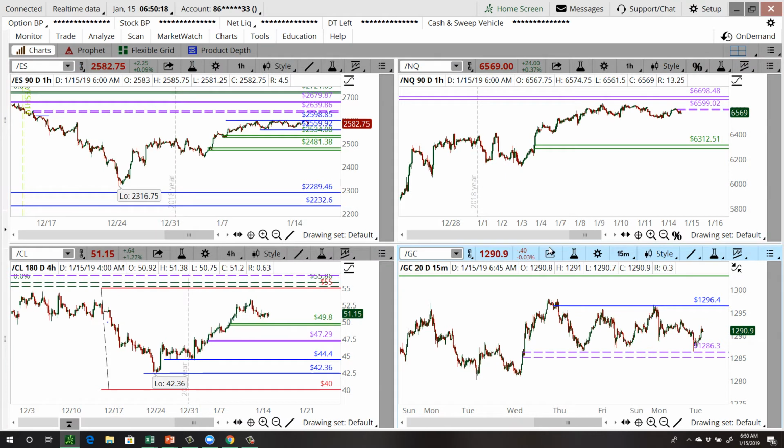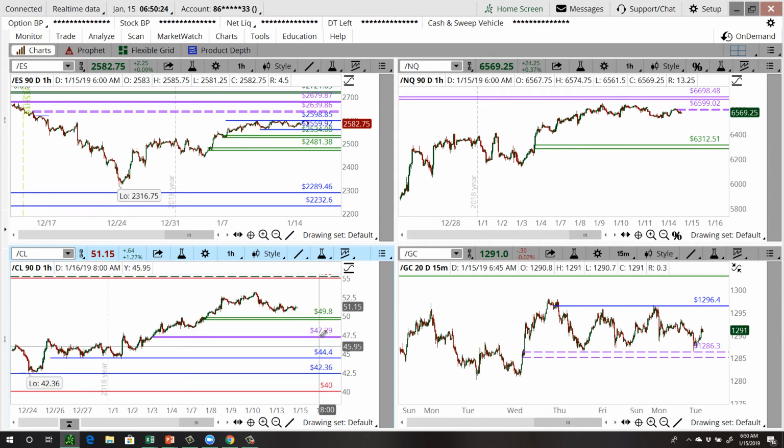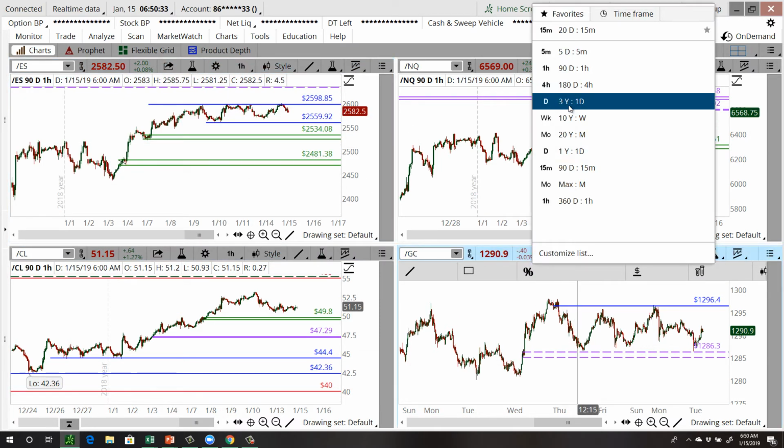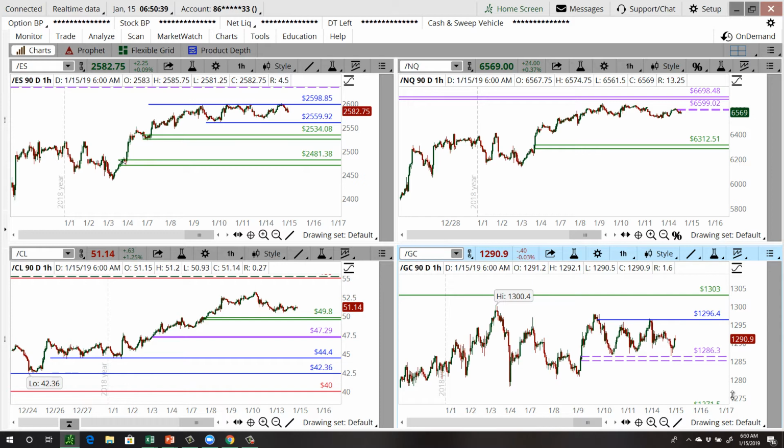So looking at all four of these markets today, right? Looking at all four of these markets on a 1 hour time period. If I have all four of them up, it's not hard to see that we are in a strong consolidation period. This is a great time of the year. When you see these markets that are in this tight of a consolidation period, it's a really good opportunity to